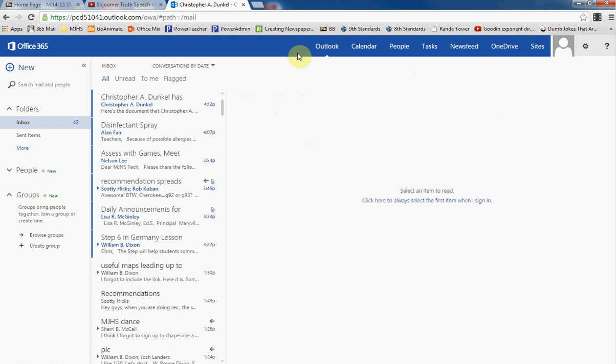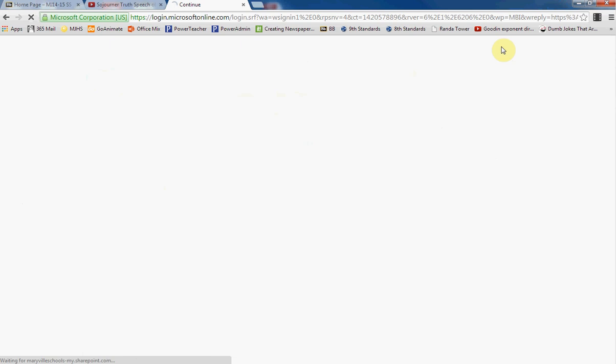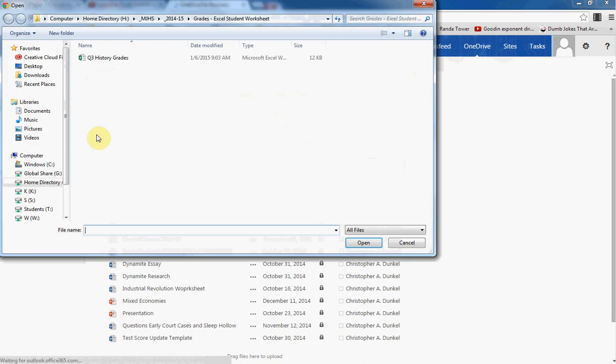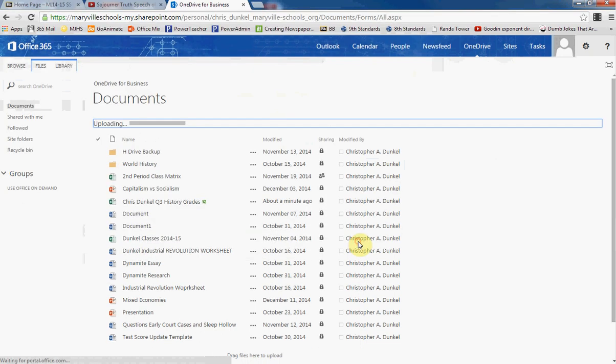So once we're in here into Outlook, which is our email account, we're going to look for OneDrive, and typically you're going to see it at the top. However, sometimes when you log in, you only see three dots, an ellipsis. So if that's the case, click on those three dots and then you'll have the chance to click on OneDrive. Once you get to OneDrive, you're going to need to upload your document, and you have an upload right here, and you're simply going to go find the file that you should have already downloaded to your directory. Click on that file and click open,